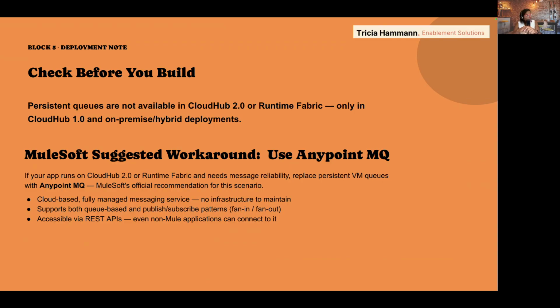Because we have clustering, they behave in somewhat of a persistent way on CloudHub 2 and Runtime Fabric. We just lose that CloudHub persistent thing. So they do say to use Anypoint MQ if you want to stop the application and have the messages survive, right? Yes. But a lot of what you might be using persistent queues for works just fine on clustered queues. Okay. They make it sound worse than it is.